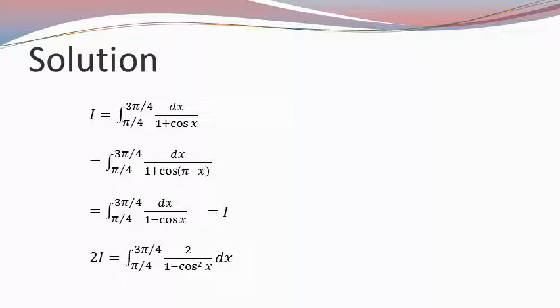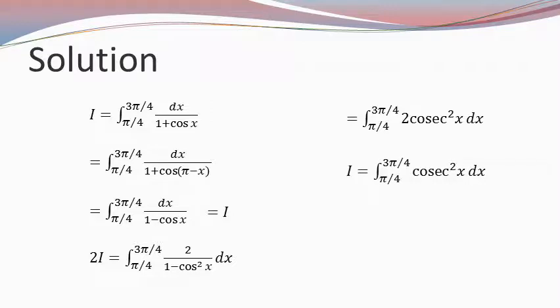Now in the denominator we have 1 minus cos squared x, which is equal to sin squared x, and it's in the denominator, so we can take it up and write down the integral as the integral of 2 times cosecant squared x dx. Now cancelling out the 2's, we can say that I would be the integral of cosecant squared x. Now we know the integral of cosecant squared x is negative cot x,